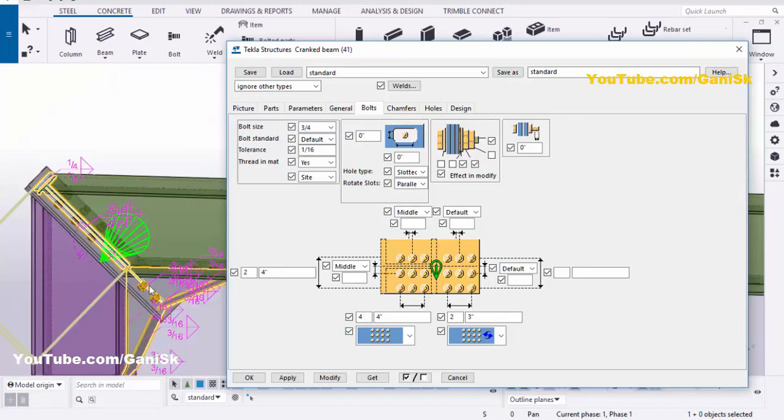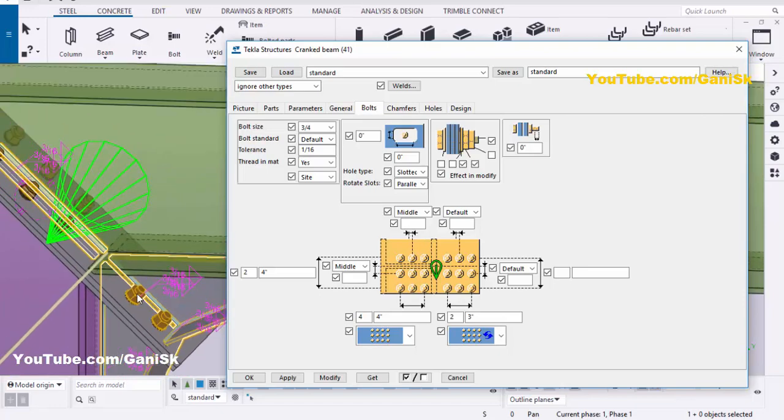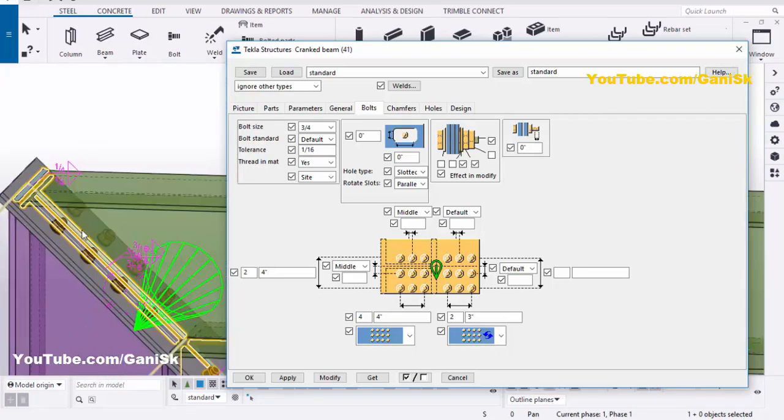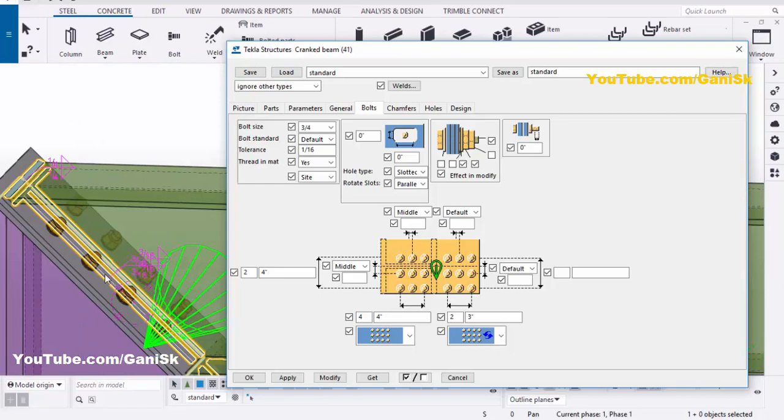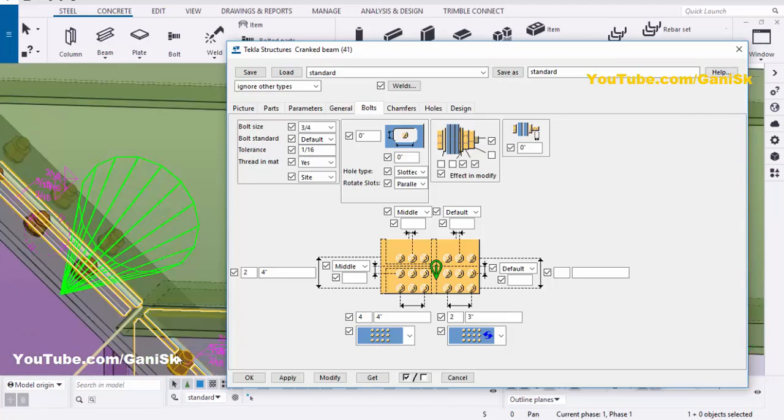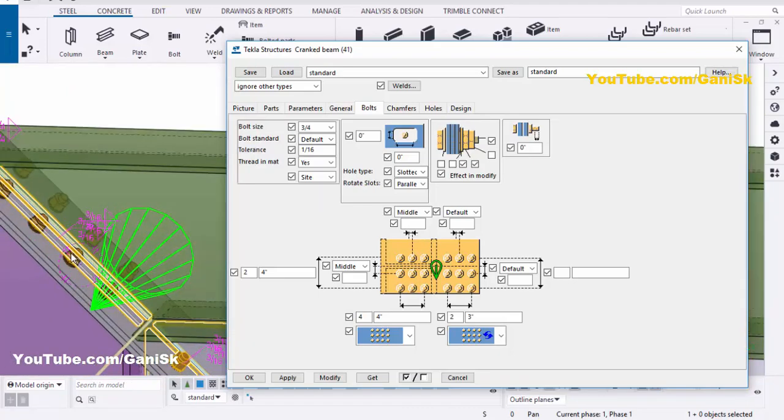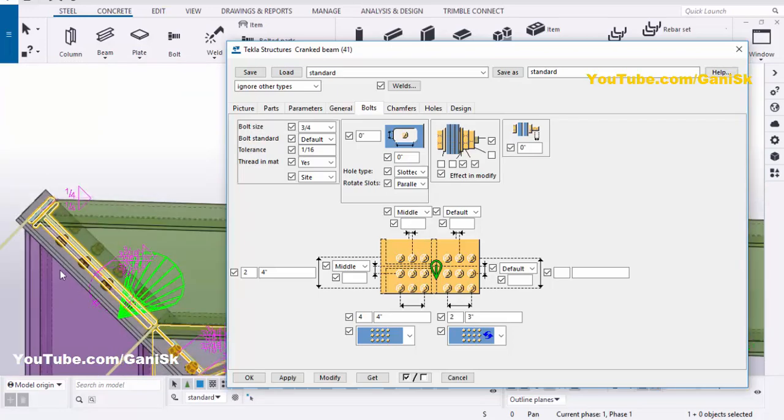4 inch. Okay. To adjust the bolt spacing, these 4 bolts should be at the middle of this plate, at equal distance from the middle of this connection plate on each side. Coming to these bolts, we can control the spacing from the middle of this plate to the first bolt distance, or the middle of this column to the first bolt distance.